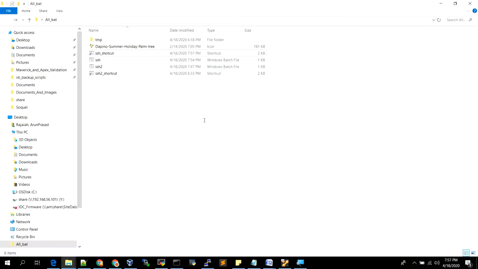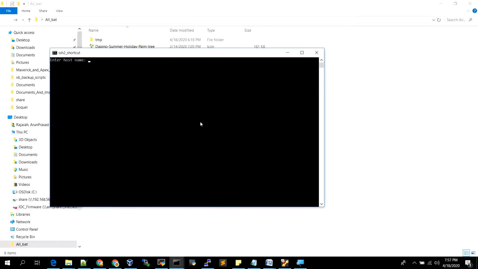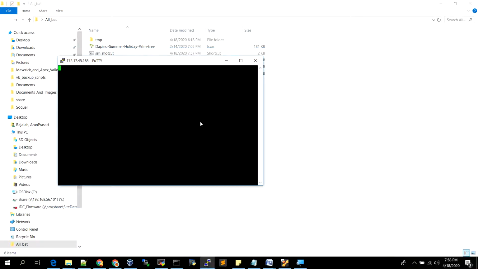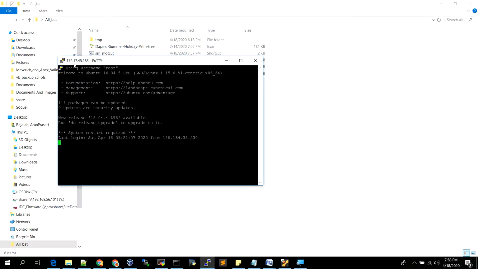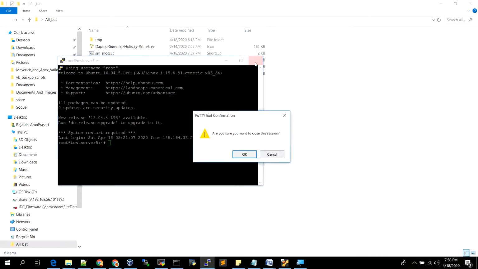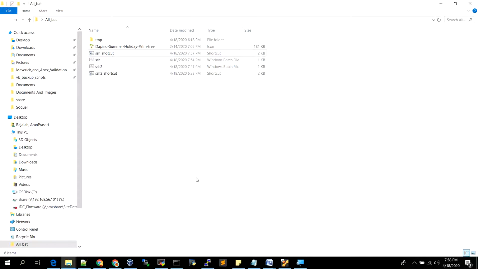I will exit, and again if you press the shortcut key Ctrl Alt T, this time I will log into CentOS. You can see it has logged into that particular IP. I close it.